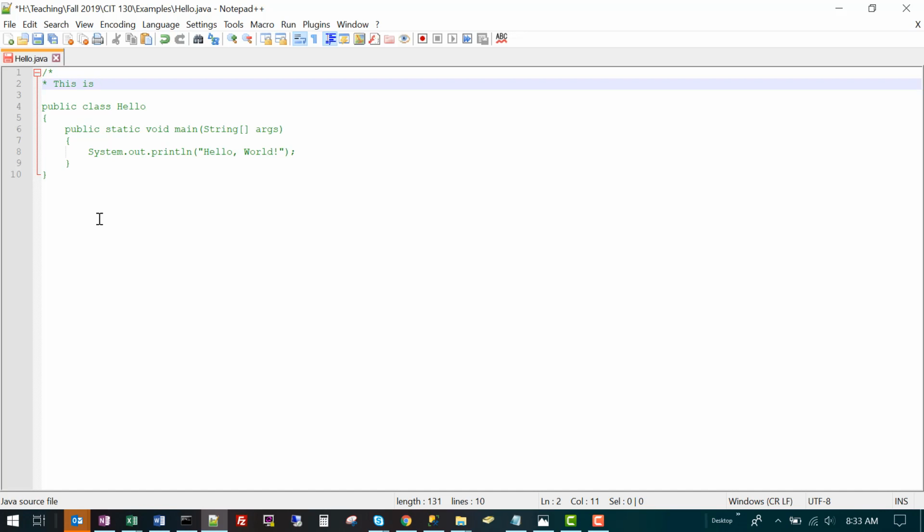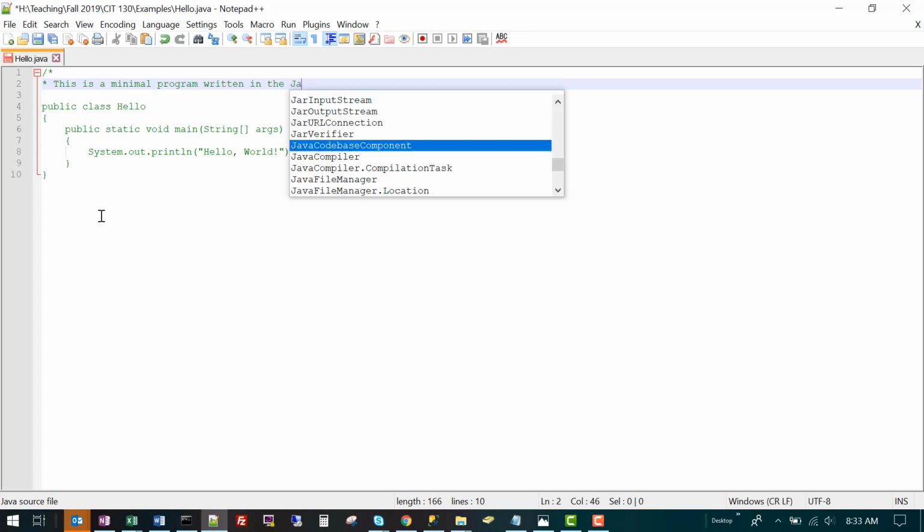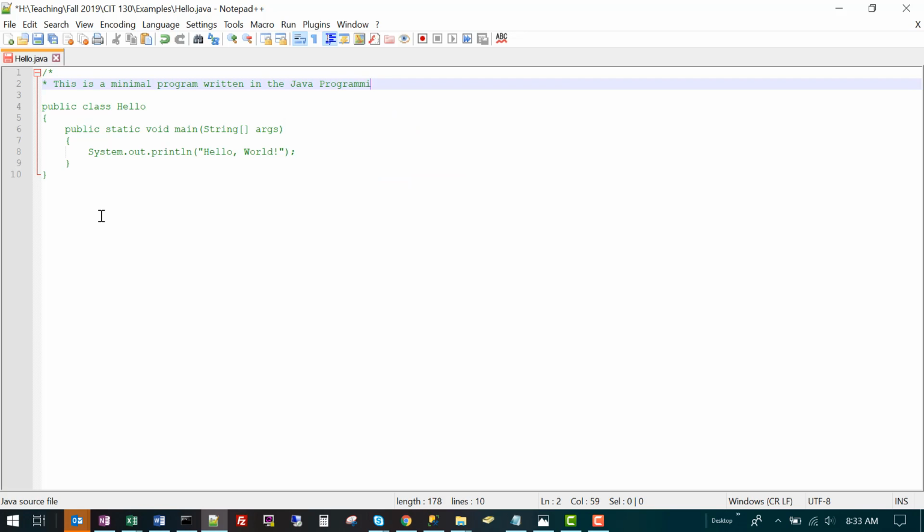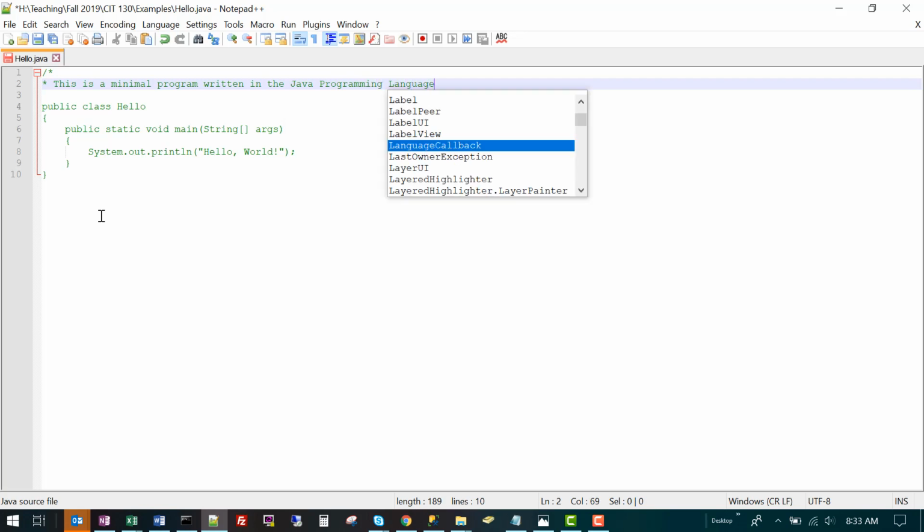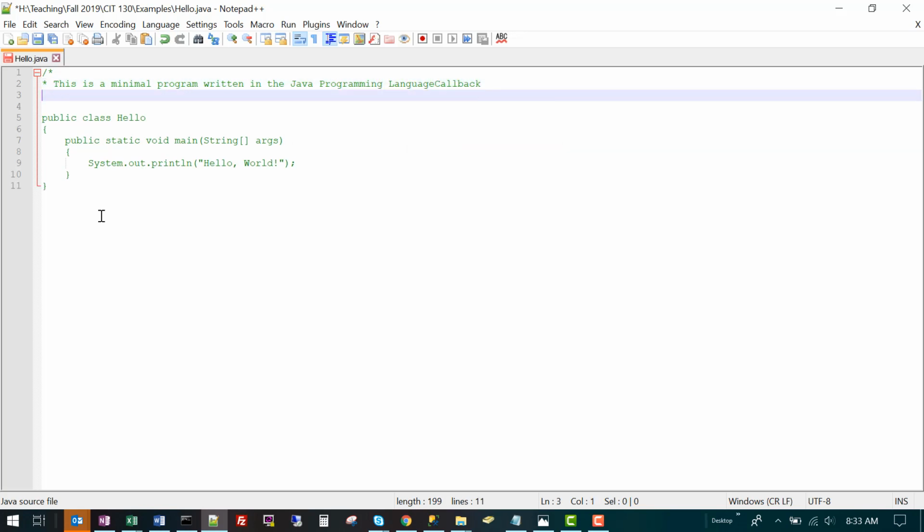I'm going to say this is a minimal program written in the Java programming language for the purpose of demonstrating Java basics to new Java programmers.